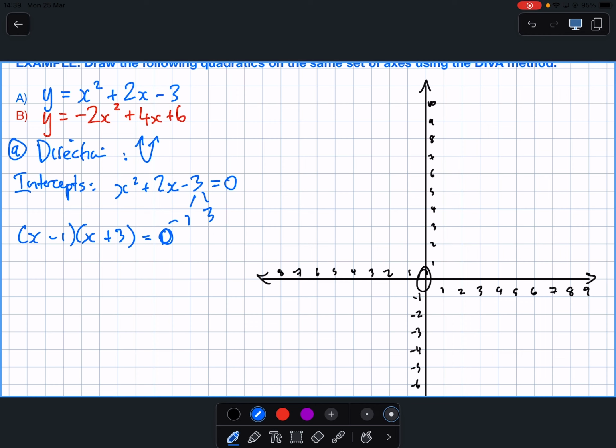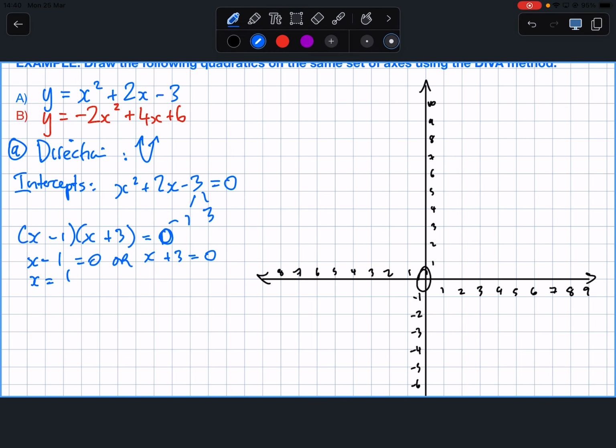Is this a null factor law situation now? I'm multiplying two things together, they equal 0. So x take 1 could equal 0, or x plus 3 equals 0. So what's x going to be on the left? 1. Or,